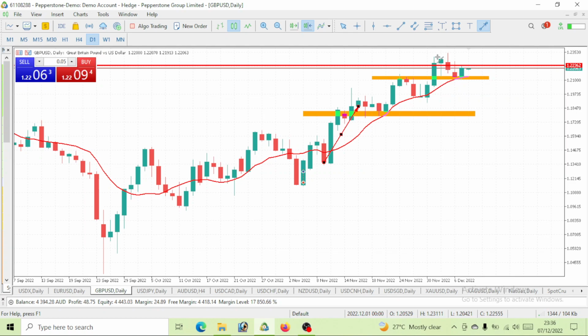So we had a pullback that came to hit our moving average, which I told you guys we're very likely to have a rejection at this level. Now price has hit our moving average. Guess what we've gotten now? We've now had a bullish move. So GBPUSD price has given us a pullback to our moving average, and now price is going up. So that is another reason why we will be having a bullish move for the next day on GBPUSD.